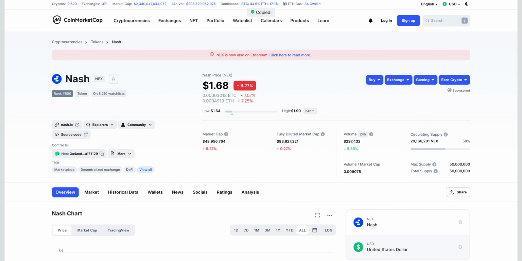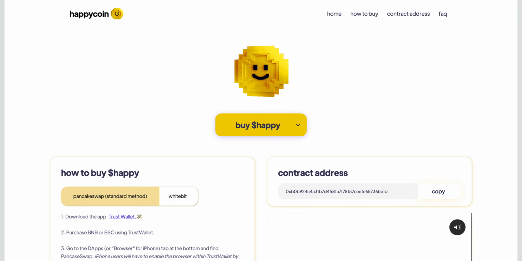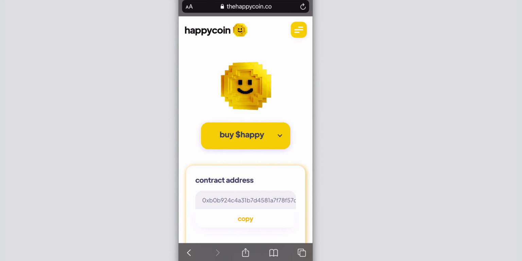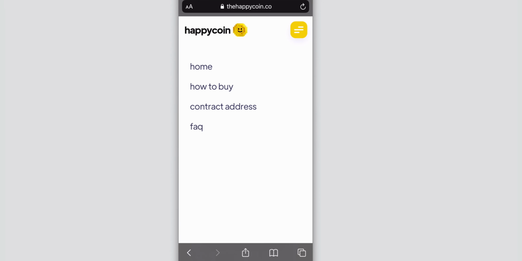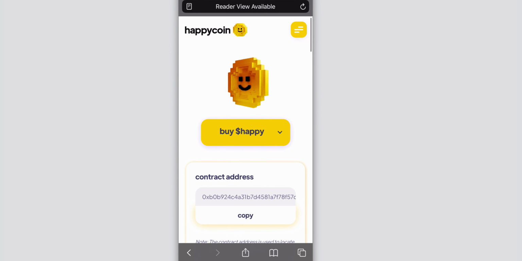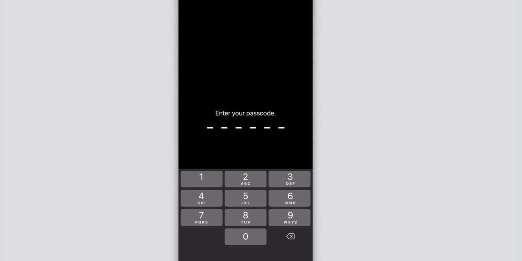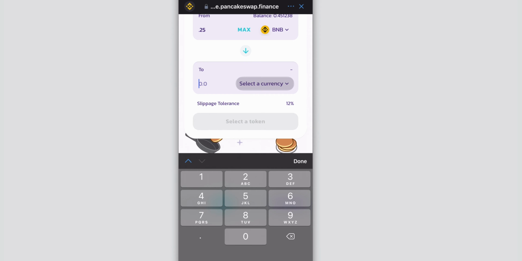So perform your own research, check out which companies you're interested in funding. In the example that I'm going to continue with, I'm going to be using Happy. So I'll be using this contract address here. So I'll just switch back to my phone now. And so just repeating that process, I've got the Happy coin on the screen. If you click on how to buy, we can see that we have the address here. So just hit copy. Go back to my Trust Wallet, and then on the drop down for select a currency,